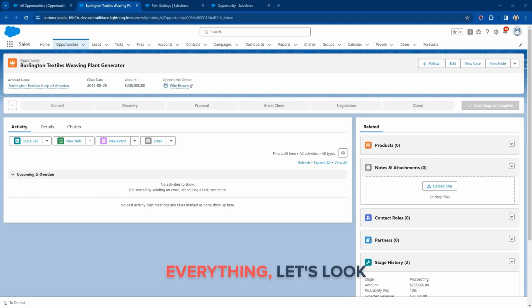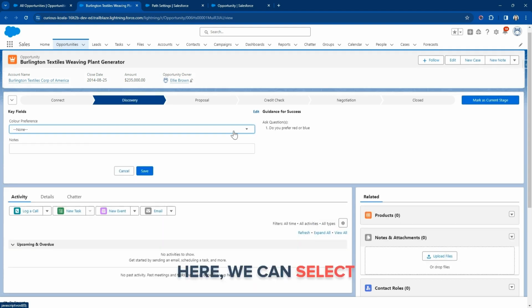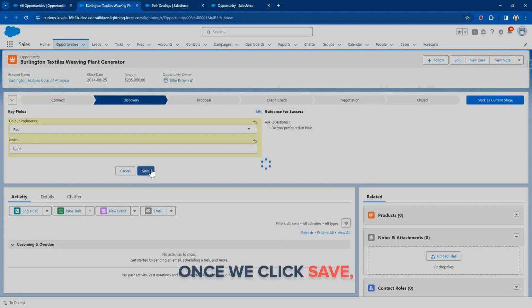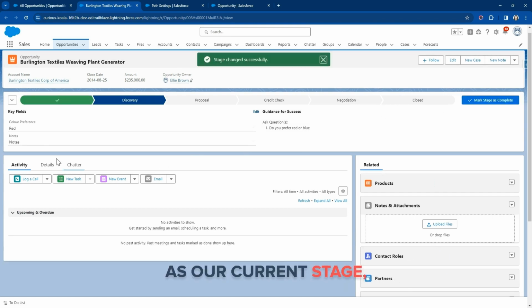Now that we have set up everything, let's look at how this shows up in front of us in the real world scenario. We have an opportunity for a textiles weaving plant generator. We can see the different stages up top, and there's an arrow over here. So if we click on the discovery stage, we will start seeing the guidance for success and the key fields. Here, we can select our color preference on a pick list and add different notes over here. Once we click Save, this has been added, and we can mark this as our current stage, which will visually